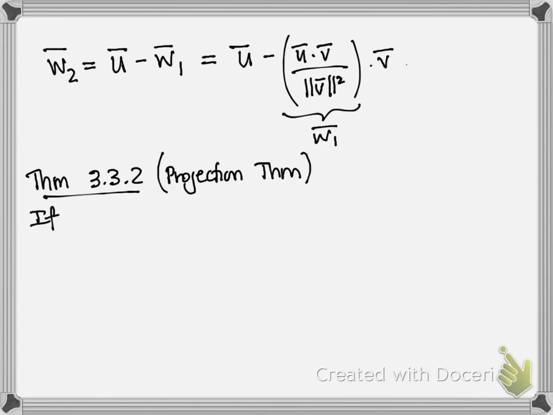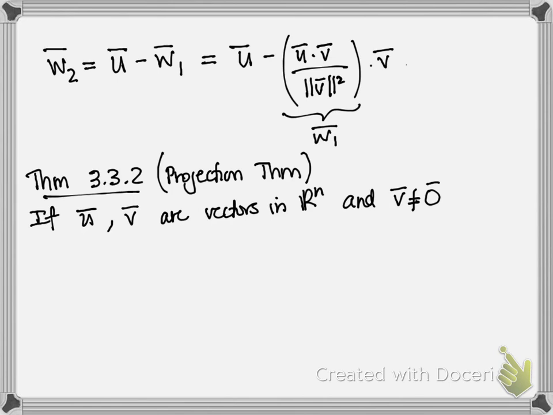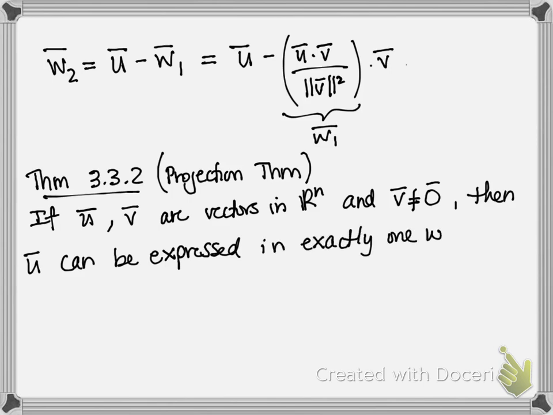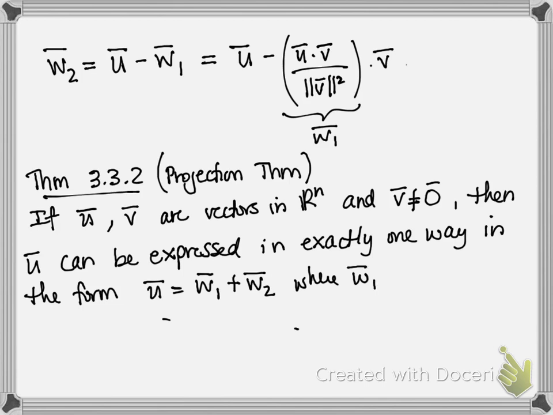And it says if U and V are vectors in Rn, and V is not the zero vector, then U can be expressed in exactly one way, in the form U equals W1 plus W2, where W1 is a scalar multiple of V,